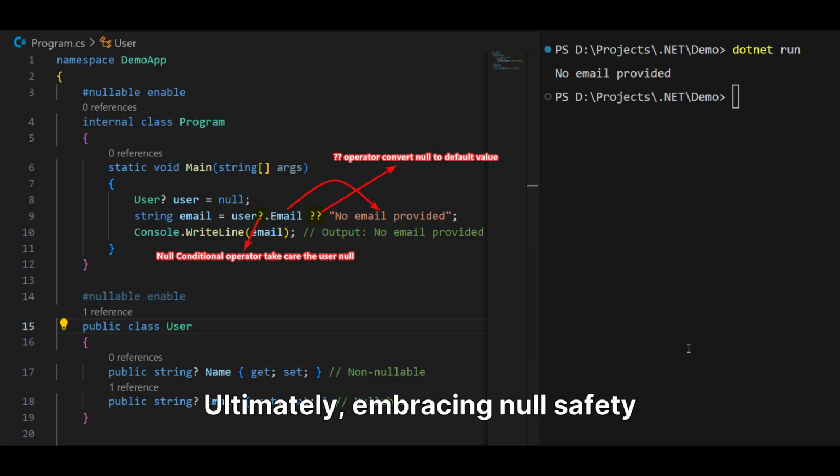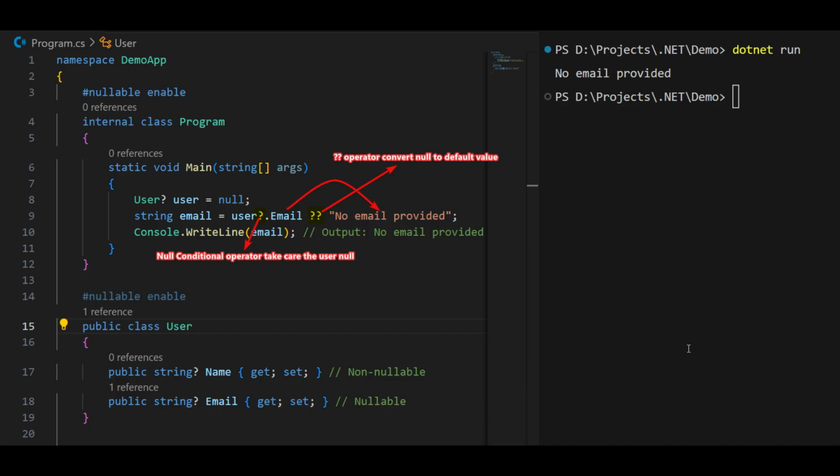Ultimately, embracing null safety in your C# development workflow is a commitment to writing cleaner, safer, and more predictable code. It's about leveraging the language's capabilities to build applications that are resilient to common pitfalls and easier to maintain over time. By integrating these practices, you contribute to a higher standard of software quality, reduce debugging time, and deliver a more reliable product. Continue to explore and apply these